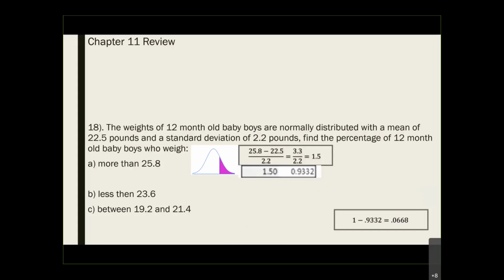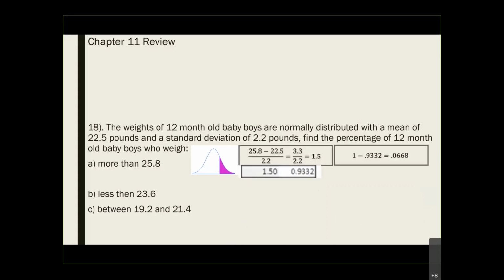Hopefully you say no, because we're looking for the item on the right. We need to take 1 minus 0.9332, which gives you 0.0668. And 0.0668, what does that mean? That means